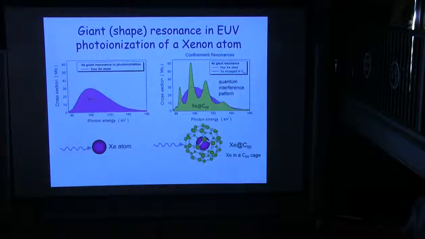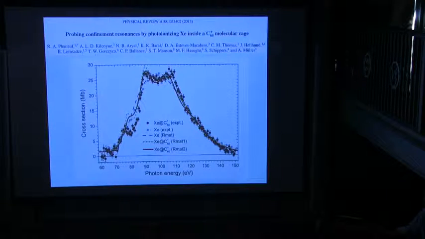Many people have studied this system theoretically, with varying levels of accuracy, but this is perhaps the definitive study on photoabsorption of xenon inside the experiment at the Advanced Light Source. It had to use ionized xenon. They're using a beam to strip an electron from a buckyball. And it's a little bit busy here.